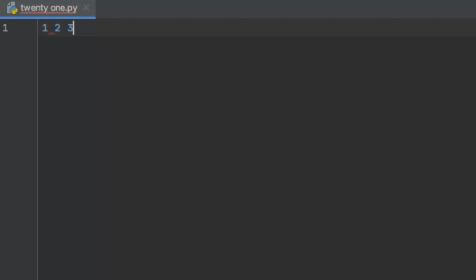If we type numbers like 1 2 3, this is the first row, and then 4 5 6, this becomes the second row, and likewise 7 8 9, this becomes the third row, and as a whole this becomes an array, or you call it a matrix, and in Python we call it a 2D list. So let's learn about 2D lists today in Python. How do we define it and what all we can do with it?